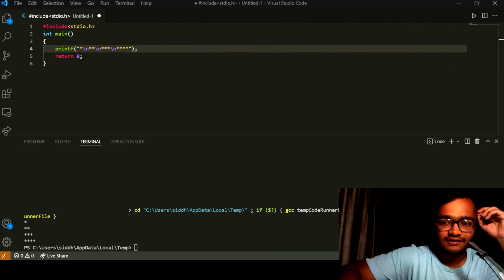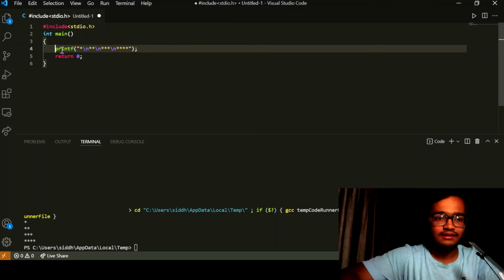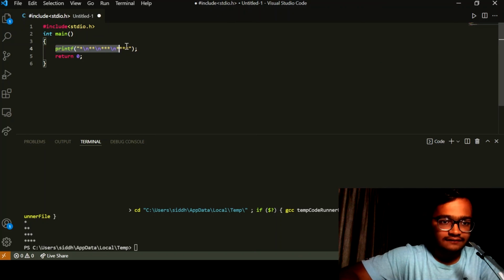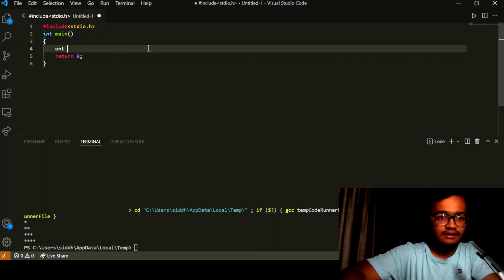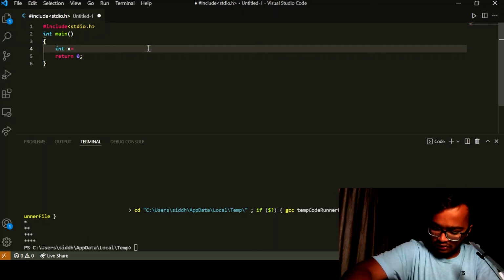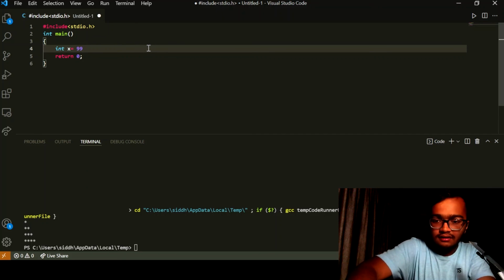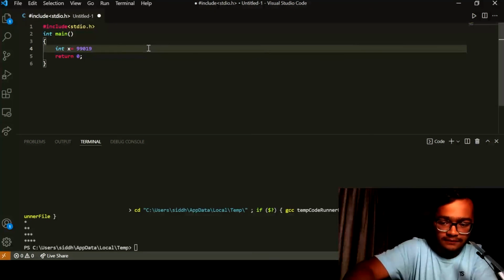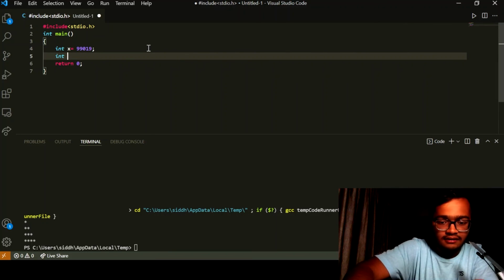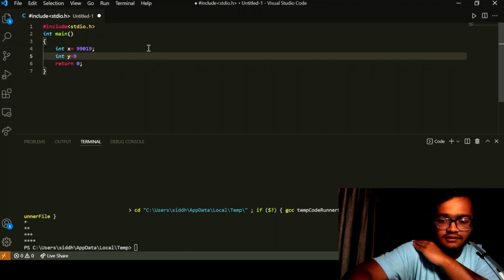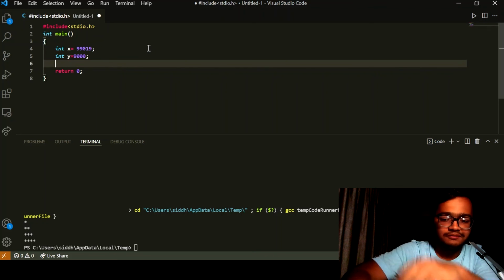See, here we are back in VS Code. We will just do one thing. We will declare x and y as integer data type. Int x equal to 99019, which I mentioned over there, and int y equal to 9000, right? I have already discussed that over there. So 9000, and we will write now